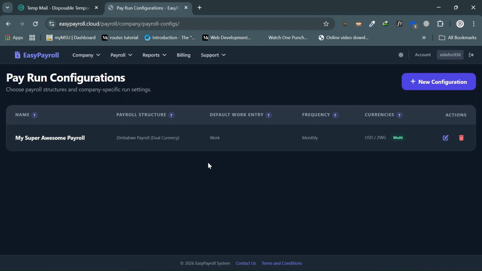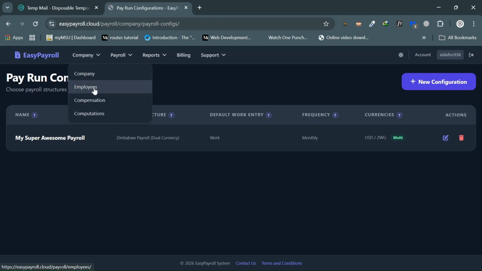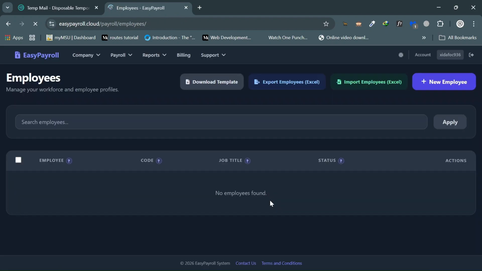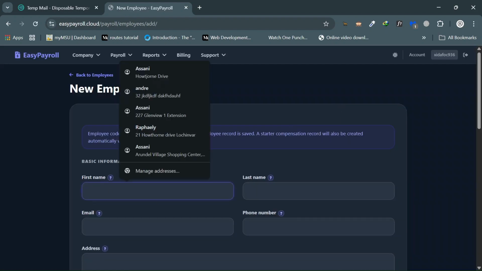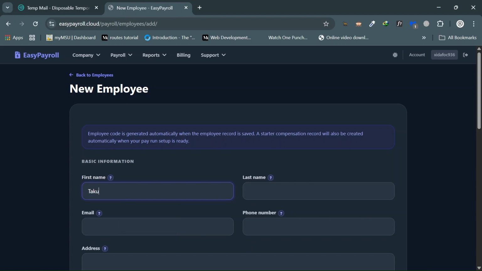Right. So once you've done this, this is the first step. You configure this once essentially. Then the second step is to go back to companies and put your employees into the system. Right. So you have the option also to do this using an Excel template. So you can download the template and just fill in your employees, or you can do it manually. So I'm going to put one employee manually here, and I'm going to call this employee Kakudzwa, and the last name is going to